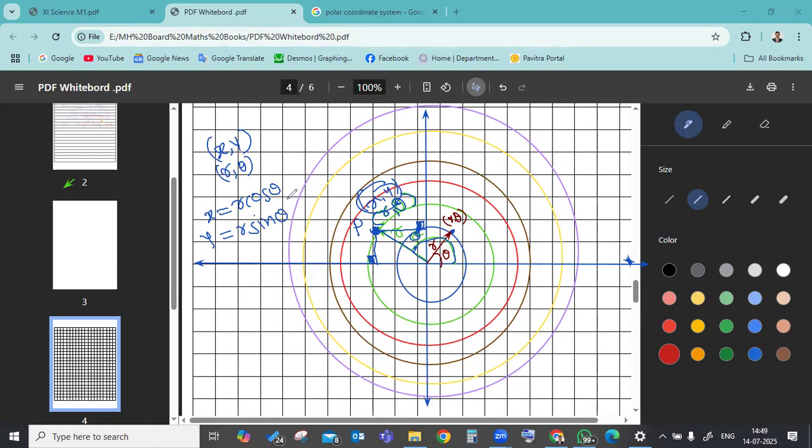We have seen this while developing the fundamental trigonometric identities and their proofs: we consider a circle of radius r, draw a perpendicular, and then by writing the sine, cos and tan ratios, this value is x, this value is y, and from that we developed this relation. So x is r cos theta, y is r sin theta, or theta is equal to tan inverse of y upon x, and r is equal to the square root of x square